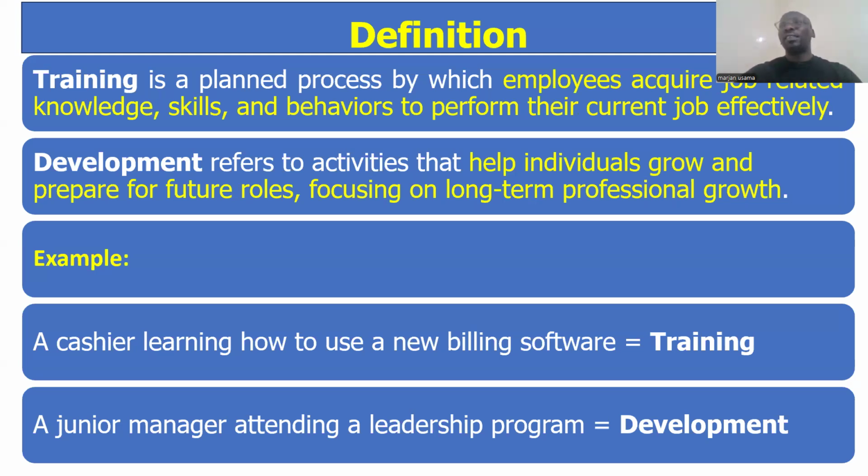Now, there are two words here. There is training, which is known as at-tadrib, and there is development. Development in Arabic is known as at-tatwir. So what is the difference between at-tadrib and at-tatwir? In an exam, you can be asked the difference between these two words. So number one, at-tadrib, which is training, is a planned process